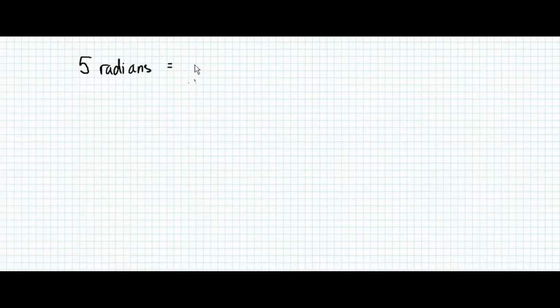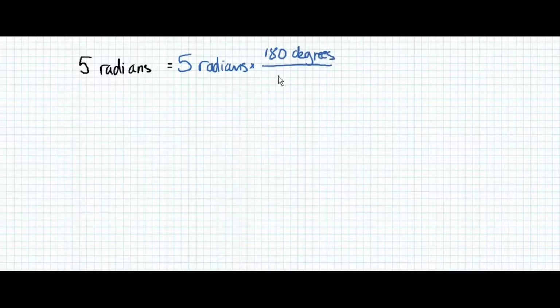So let's practice converting some units. 5 radians is 5, and I'll write it out in full, radians, multiplied by 180 degrees divided by pi radians. And the reason why I've written it out in full is so that I can cancel my units of radians, and I can see that what I'm left with is degrees. So that gives me 5 times 180 divided by pi, which is 286.5